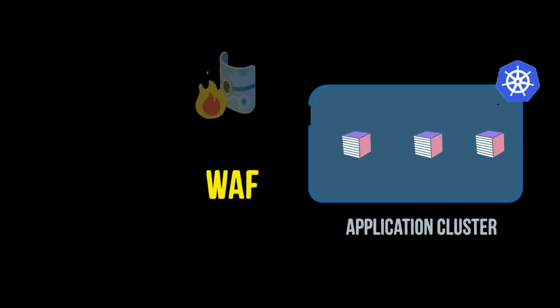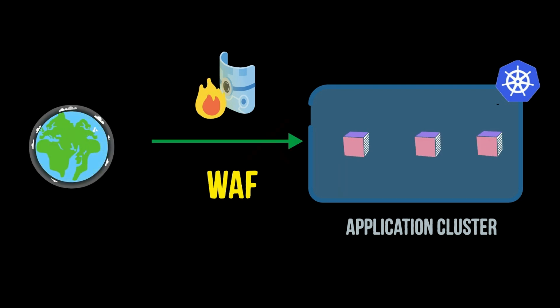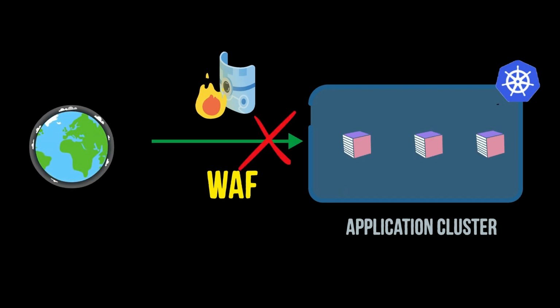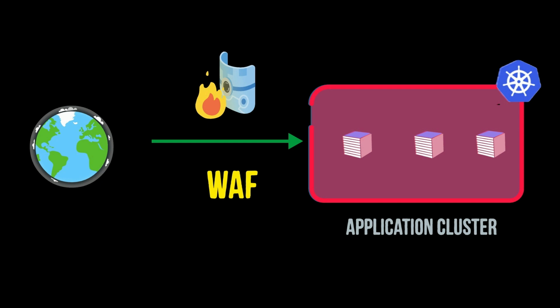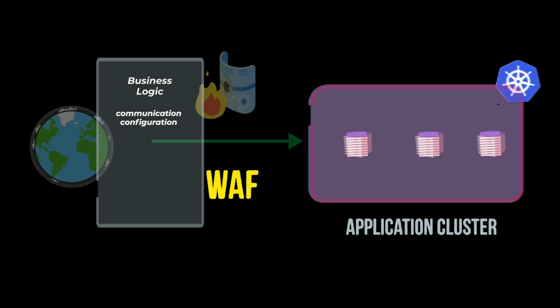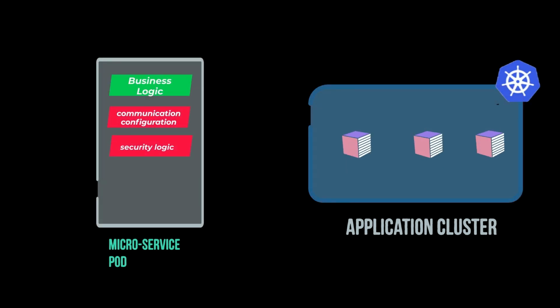Next challenge is about security. Most of the application architecture will look something like this. We will have a security group or a firewall setup around the application or a WAF setup so that the cluster cannot be accessed directly. Once the communication is inside the cluster, then there is no security as the microservices talk to each other over HTTP or some other insecure protocol. So if an attacker gets inside the cluster, then your whole application can be compromised as you don't have any other security inside the cluster and a huge loss can happen. So this security logic should also be handled within the microservice code.